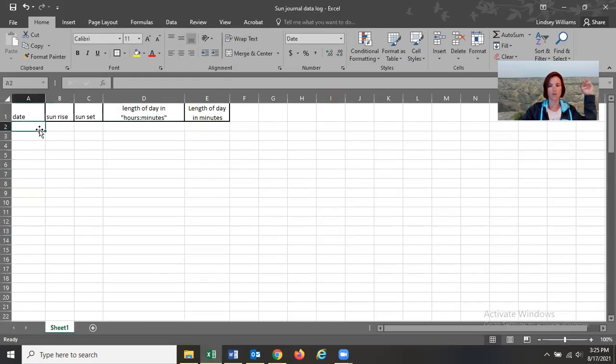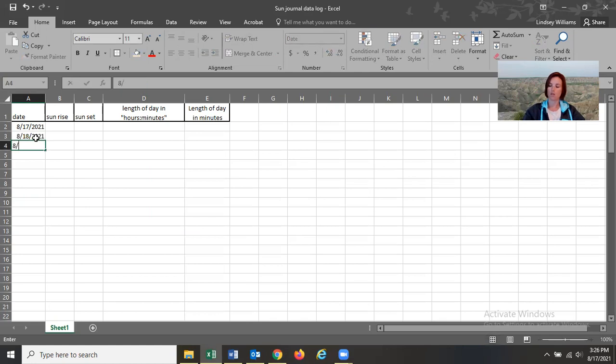And we're going to start on, well, we'll start on today. So 8/17/2021. Now, the hint is given to you in your directions on a way to populate your dates faster. If you do the first 3 rows in order, which a date obviously is going to go in order,